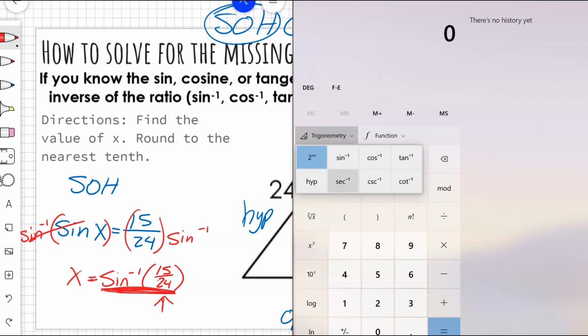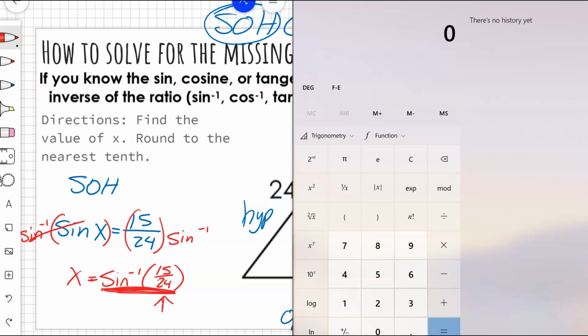Don't worry about cosecant down here, or cotangent inverse. You'll learn that later on in pre-calculus or trigonometry, because there's a whole class devoted to trigonometry. All right, so let's go ahead and get started with this problem as far as how to calculate it in